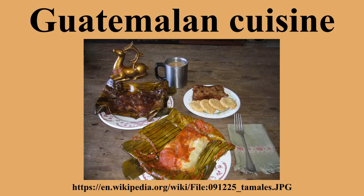Varieties of Guatemalan tamales. There are reportedly hundreds of varieties of tamales throughout Guatemala. The key variations include the ingredients in the masa dough, in the filling, and what it is wrapped with. Tamales in Guatemala tend to be wrapped in green Maxan leaves, while chachitos, which resemble Mexican tamales, are wrapped in